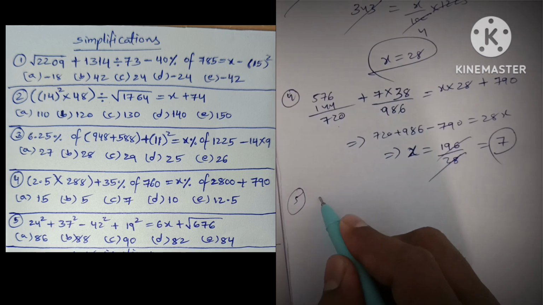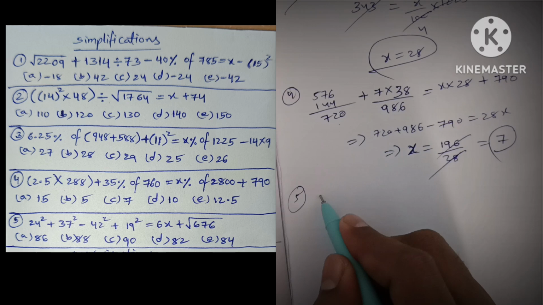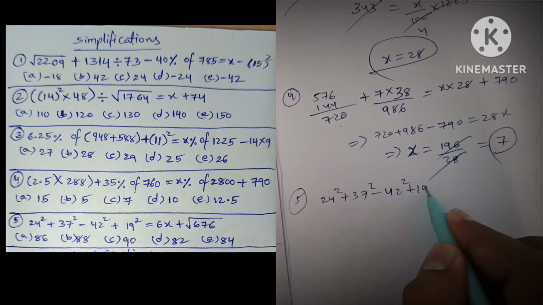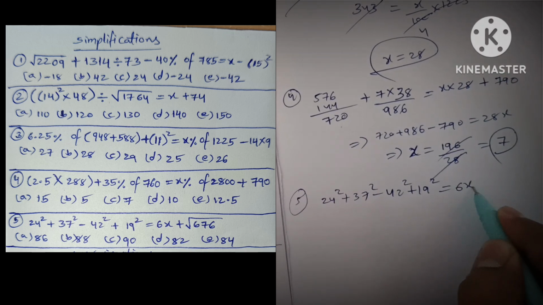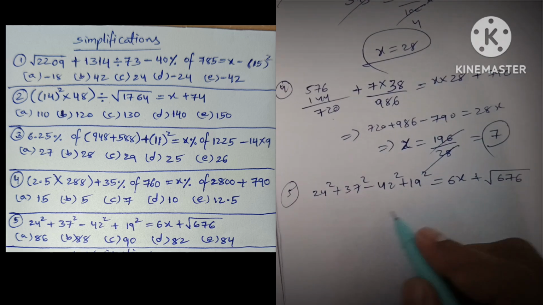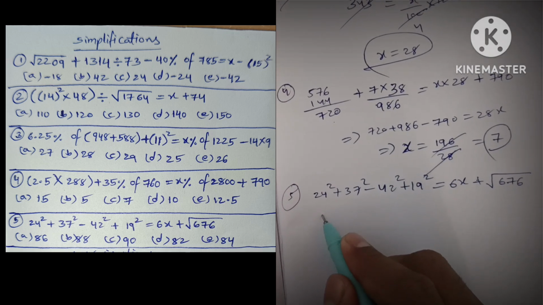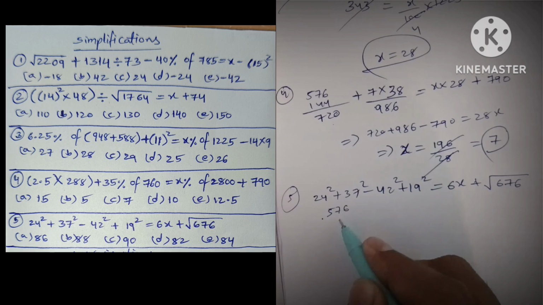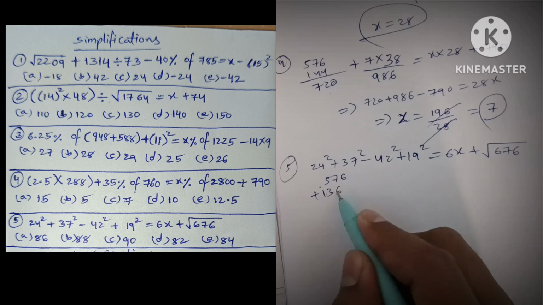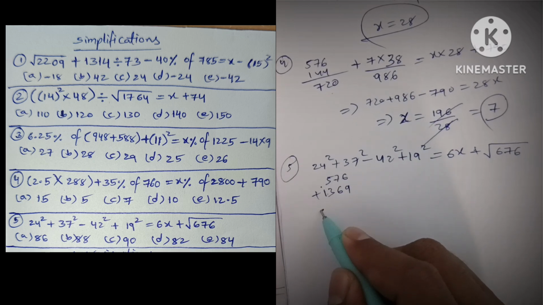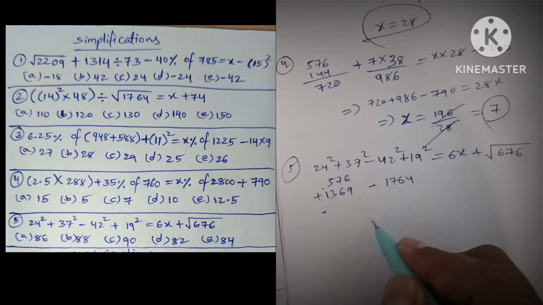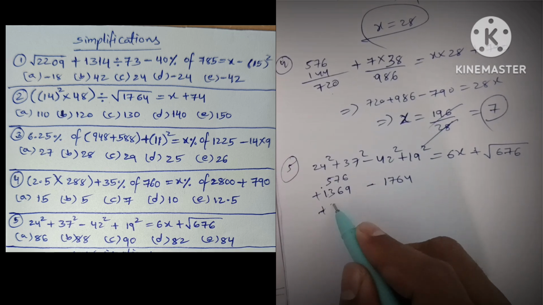Fifth one, 24 square plus 37 square minus 42 square plus 19 square equals to 6x plus root over 676. Now 24 square 576 plus 37 square 1369 minus 42 square 1764 plus 19 square 361